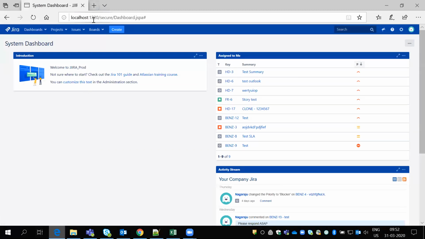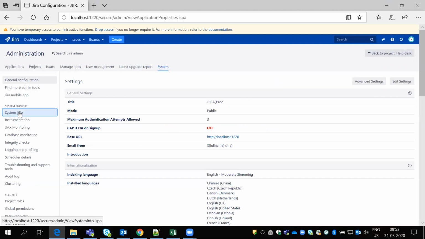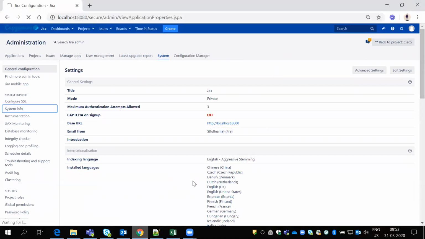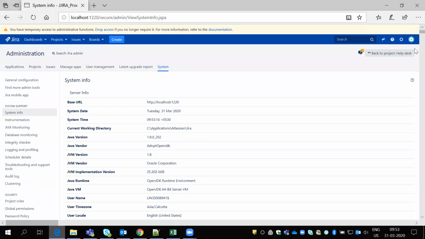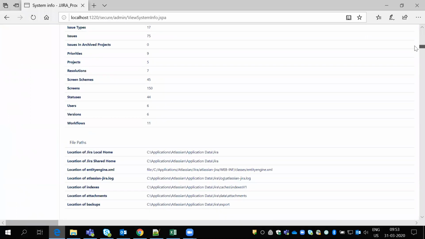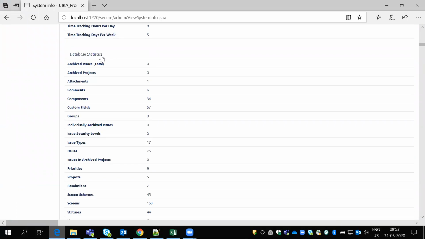And next is 1220, which is my different Jira. If I click on the System option here as well, and go to System info and move a little bit down, we have database statistics: archived issues, archived projects, attachments 1, comment 6, component 64, custom field 57, groups, and projects 5, and resolution 7.